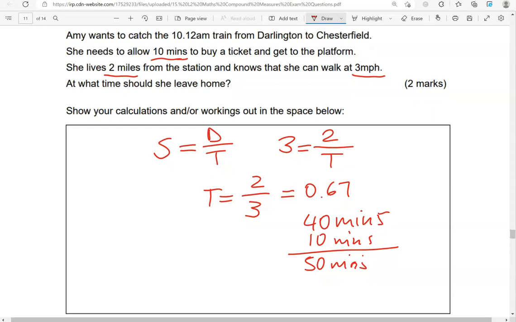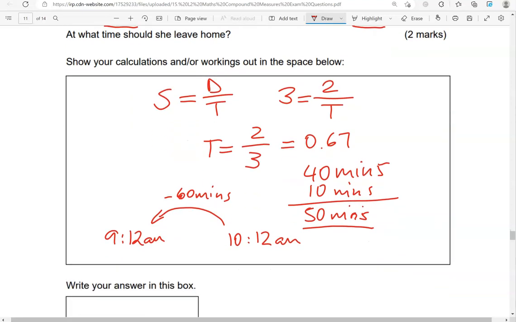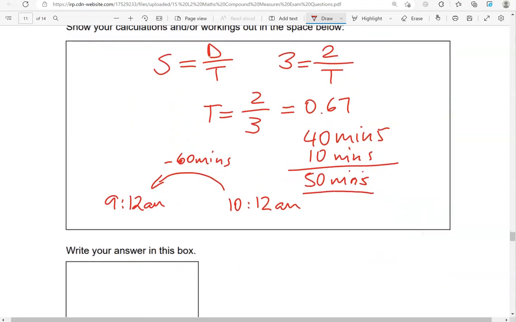And she needs to catch the 10:12 a.m. train. So we're going to go backwards by 50 minutes. So what I'm going to do, I'm going to go backwards by 60 minutes and then give 10 minutes back. So if I go backwards by 60 minutes, I'll go to 9:12 a.m. Now I need to give the 10 minutes back to this, so I'm going to add 10 minutes. So that will be 9:22